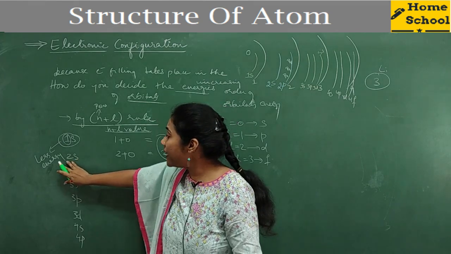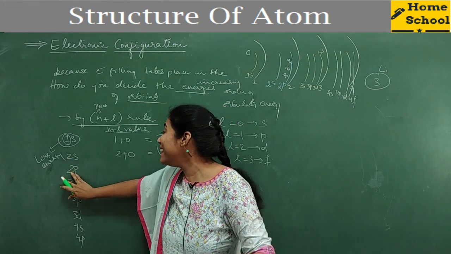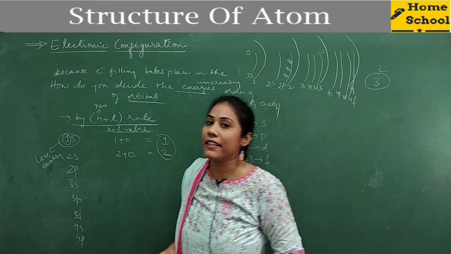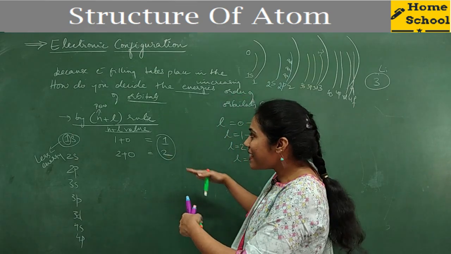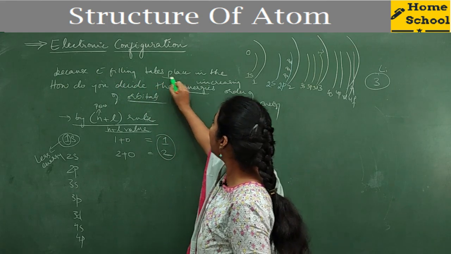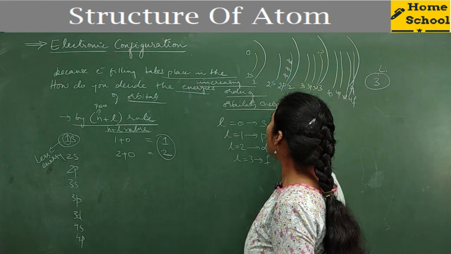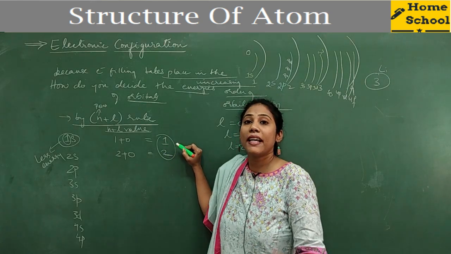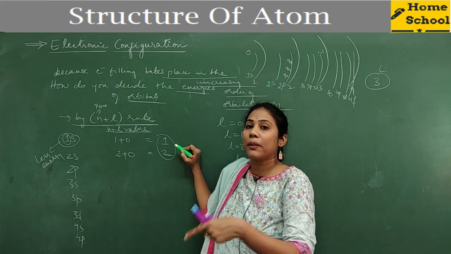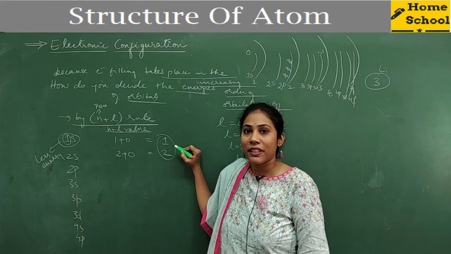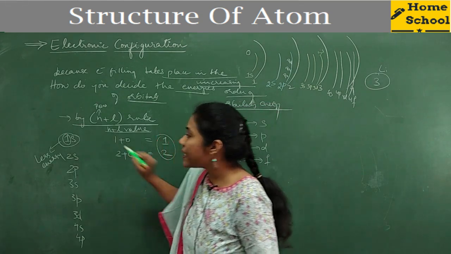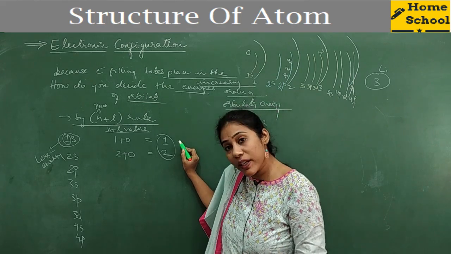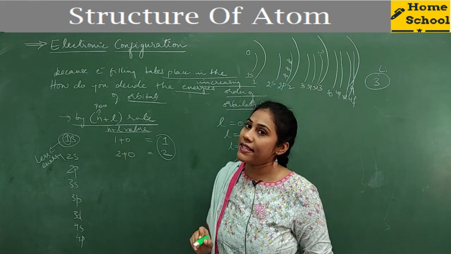Once the 2s orbitals are filled by the electron, then the electron enters the next subshell or next orbital with higher energy. Clear everybody? So this is how electron filling takes place in the increasing order of orbital energy. By comparing these numbers, you will say which orbital has lesser energy and which orbital or subshell has more energy. Clear? So among 1s and 2s, which has lesser energy? 1s has lesser energy. So the first electron will try to enter which subshell? It will try to enter the 1s subshell.